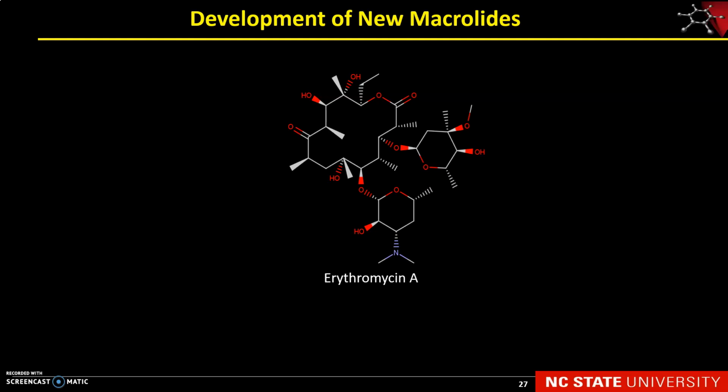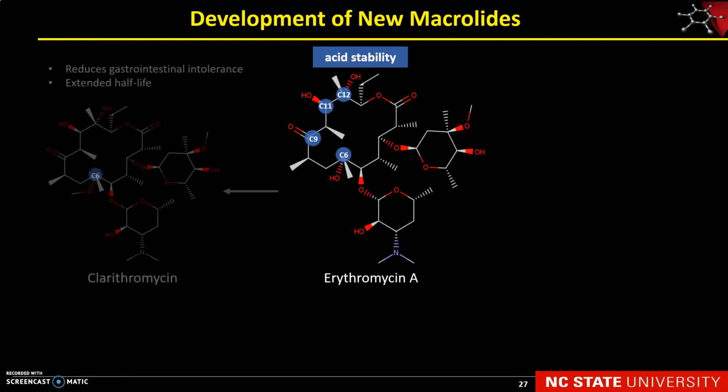So it has a lot of important values, but it also has some side effects. It has gastrointestinal intolerance and a very short serum half-life. So over the years, a lot of scientists have been working on improving those characteristics, and they found that C8 and C12 are associated with decreased metabolism of this drug, and that these positions C6, 9, 11, and 12 are associated with acid stability. So they have been trying to manipulate the structural fragments in those positions and trying to improve that. And as a result of those multiple years of research, we found